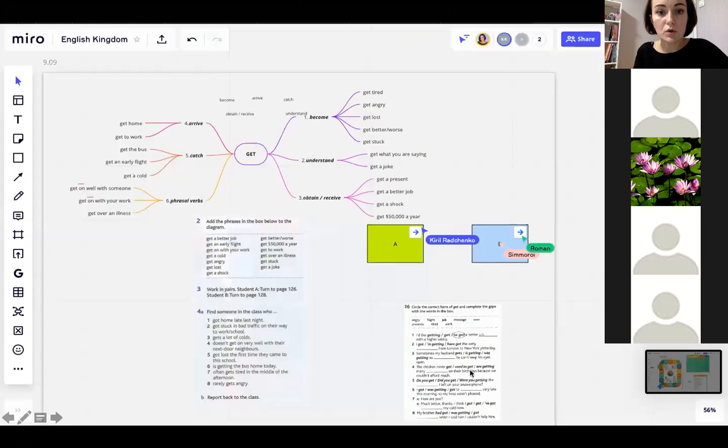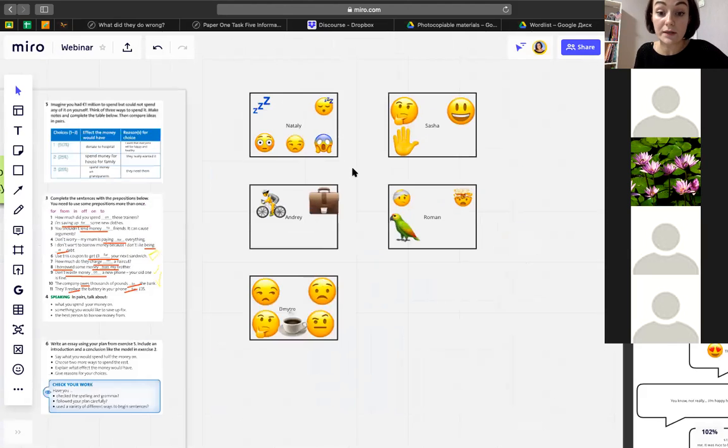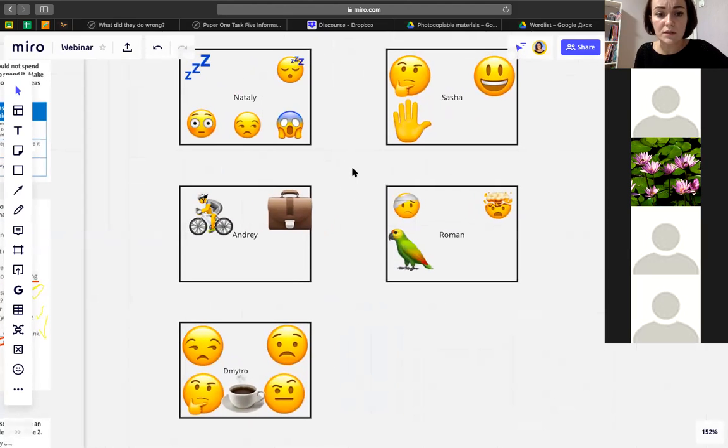So let's talk a little bit. I want to show you a bit more what you can do on this board. So here, for example, one more activity. It was just the beginning of the lesson. I like a warm-up activity. So I put the squares with their numbers and I asked them to put smiley faces, emojis, to show how